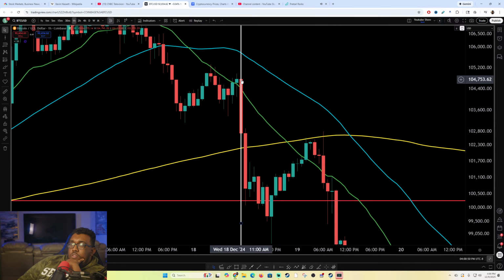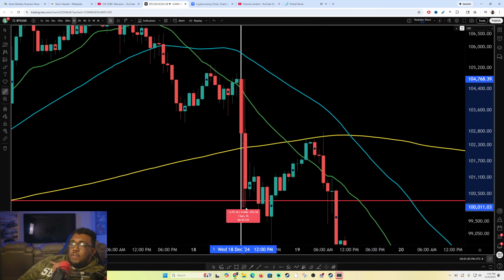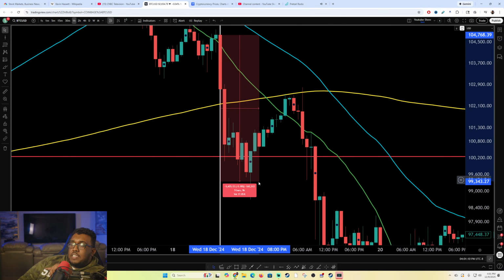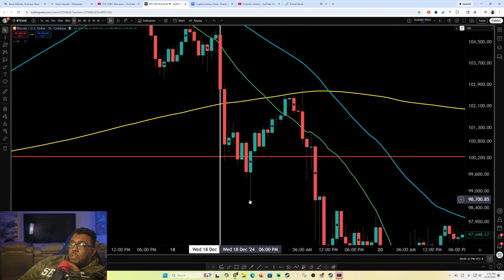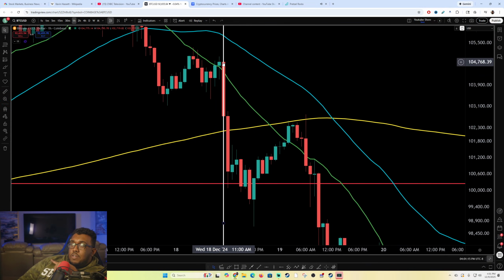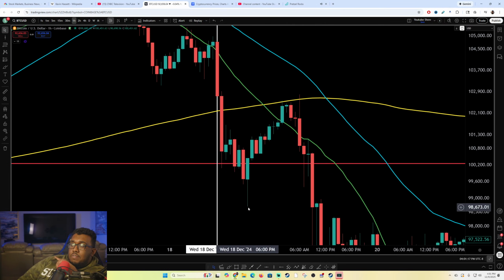And you can see the hour it happened, we came down from around 104,768 all the way down here to around 102,000. So we fell about $2,000 or 2% in the first hour. Within the next hour, we had fallen about 4.5% or close to $5,000. And over the next 9 hours, we were all the way down to 98,700. So 105,000 to 99,000 basically. That's a pretty drastic drop within a few hours, and that's all because the Fed cut.